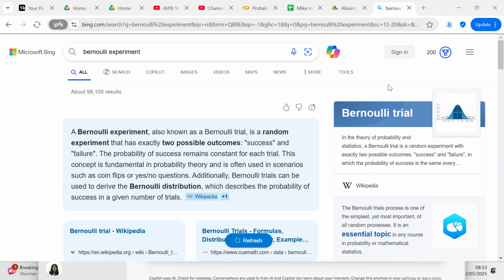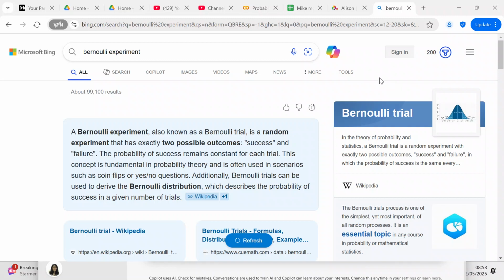A Bernoulli experiment, also known as a Bernoulli trial, is a random experiment that has exactly two possible outcomes, success and failure. The probability of success remains constant for each trial. This concept is fundamental in probability theory and is often used in scenarios such as coin flips or yes/no questions. Additionally, Bernoulli trials can be used to derive the Bernoulli distribution, which describes the probability of success in a given